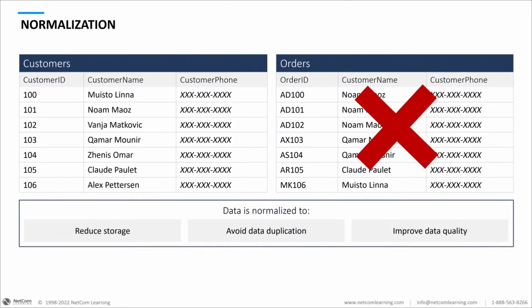Normalization is the process of stripping down the amount of data that is stored in individual tables. So you're probably thinking to yourself, why would I want to do this? Why wouldn't I just have one great big table that has all the information in it? It's all in one place. It's easy to find. Bingo, right? Well, not really. The reason for that is that when we start having really large tables, it gets very difficult to find information for it when we go to look for stuff, right?